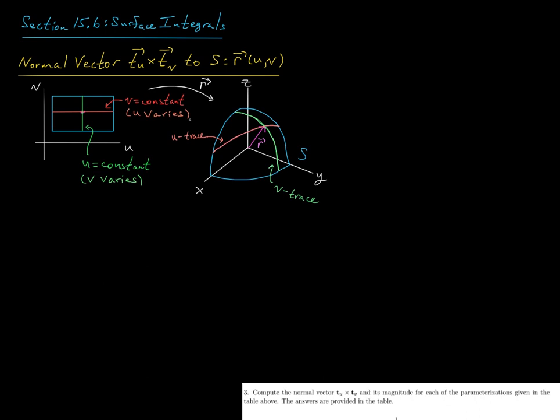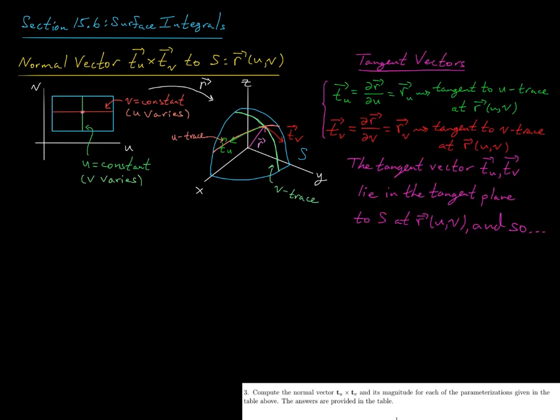Likewise, I could let v increase a little bit and ask how my position is changing along this v trace. And if I want the velocity along this v trace, then I want to take the partial derivative of my position vector r with respect to v. Okay, so we're going to define these vectors tu and tv to be the partial derivatives of our vector function r. So tu is just the u derivative of r, and tv is the v derivative of r. And as we just noted here,